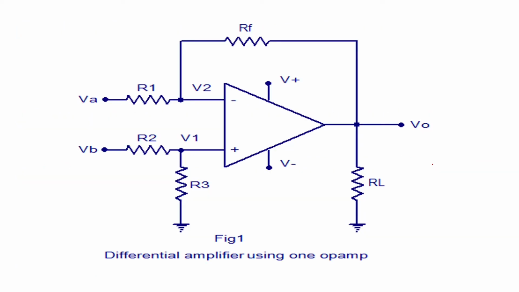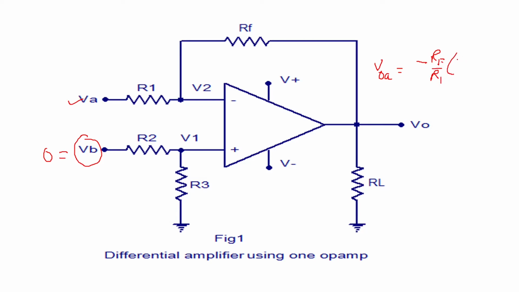Now if you see this circuit, consider only input VA is there, and VB will be equal to 0. Now only if VA is there and VB is equal to 0, that means it is going to come as an inverting amplifier configuration. So here the output which will come, called VOA, can be your gain, minus RF upon R1 for the inverting amplifier, into